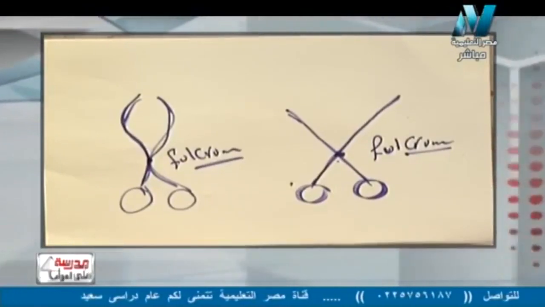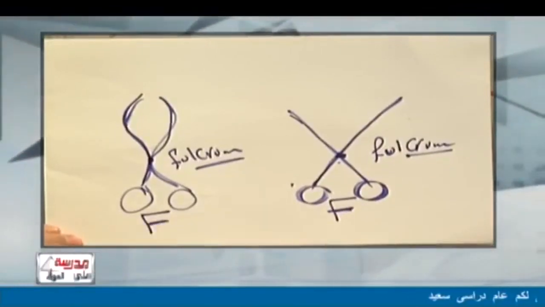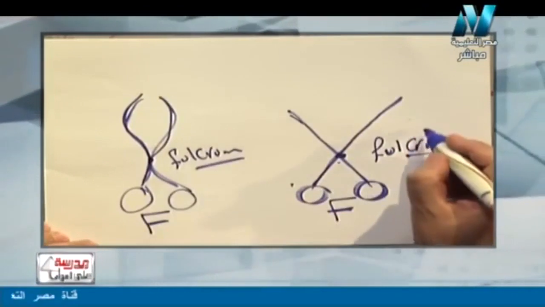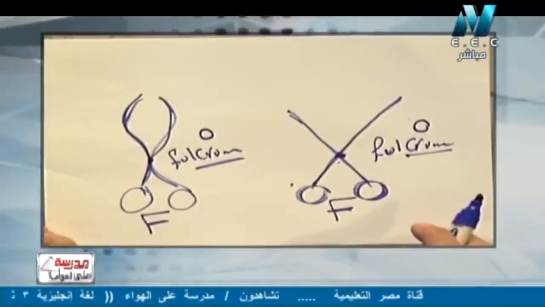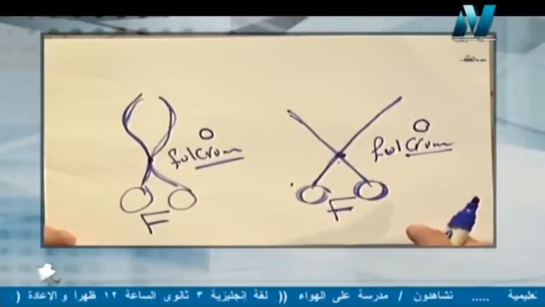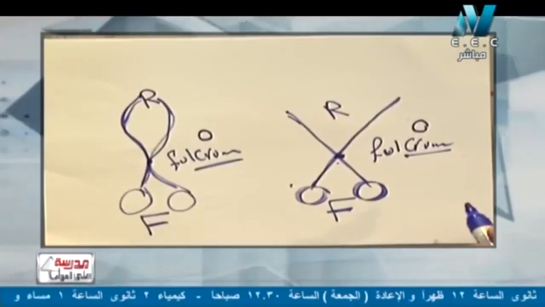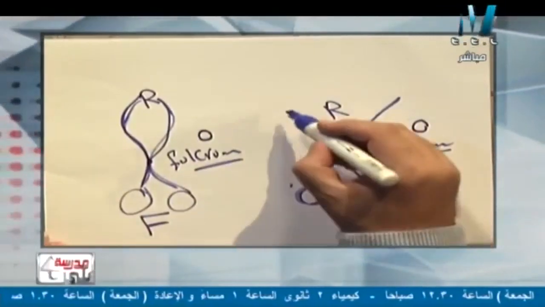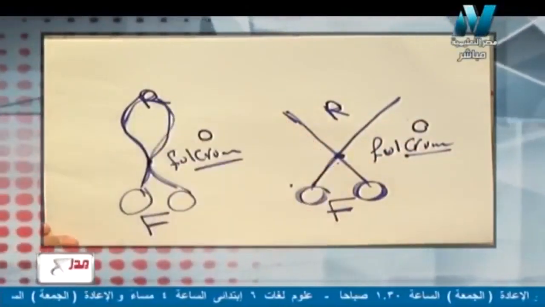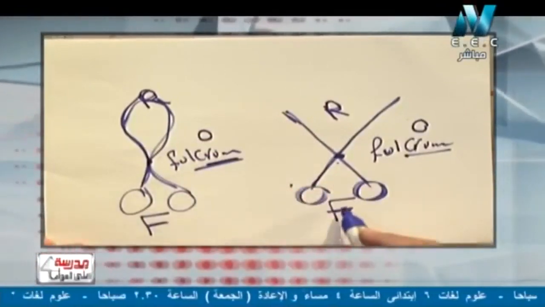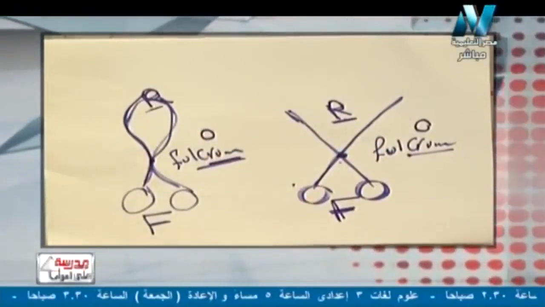effort force هي معناها قوة المجهود اللي هي تقريبا هتكون هنا عند يد المقص. effort force عندها الرمز F. لكن ناخد بالنا الفالكرم النهارده هنتكلم عنه كتير جدا بالرمز O عشان ما نلخبطش بينه وبين F. يبقى فالكرم عنده symbol O لكن effort force عندها symbol F. And a resistance force. resistance force, the thing that I want to cut, I want to lift, I want to carry, I want to move. الحاجة اللي عايز أعملها أو الشيء اللي هيتعمل هو ده اللي هنسميه resistance أو المقاومة. يبقى lever فيها 3 points, 3 main points which are fulcrum O, effort force F, resistance force R. وده هيساعدنا كتير قوي النهارده ان احنا نعرف types of levers او انواع الليفر.